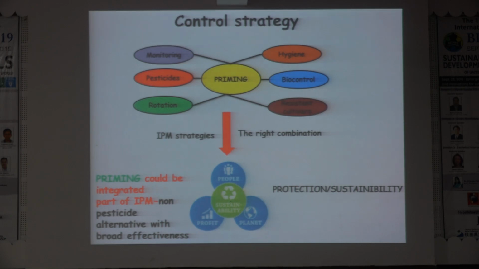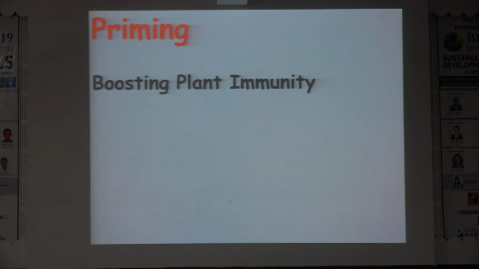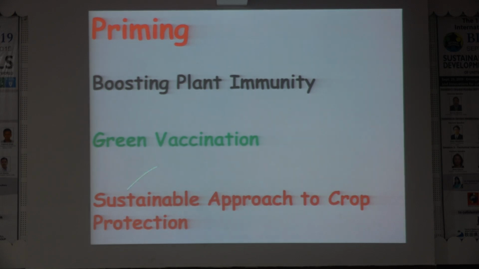And we have tested, so these are the take-home messages. So first, yes, it's breeding the immunity, and yes, it is called green vaccination. It's like a vaccination, and indeed, it's the green vaccination. This is the sustainable approach. There are a number of approaches for crop production and plant health, but indeed, this is the sustainable approach for crop